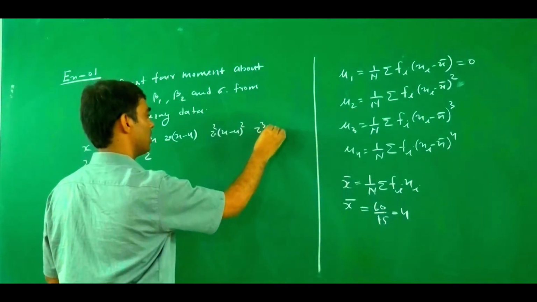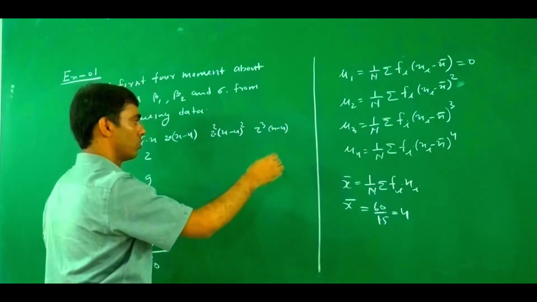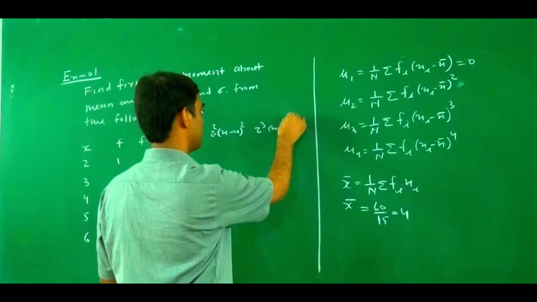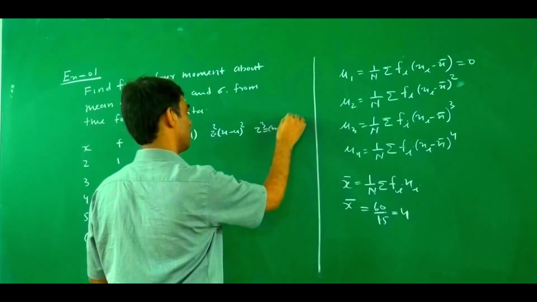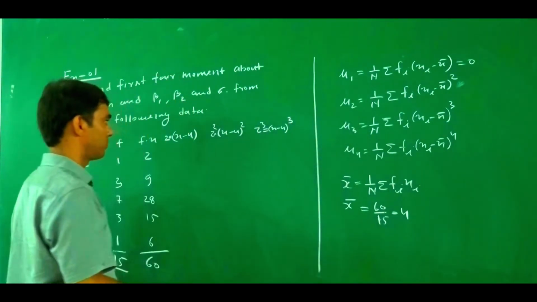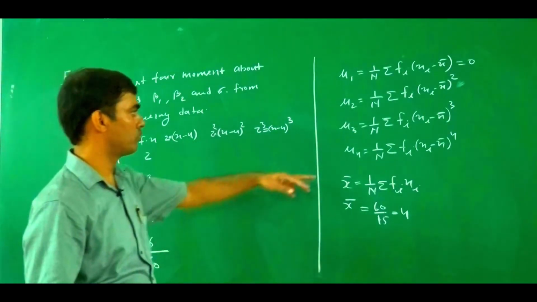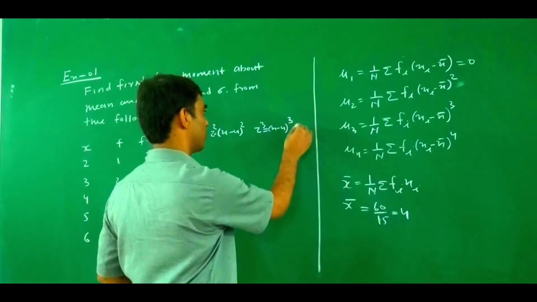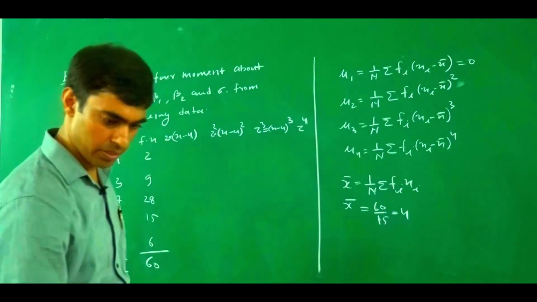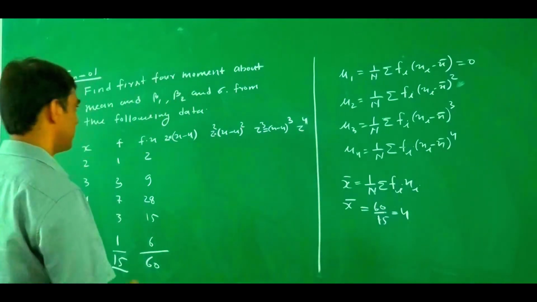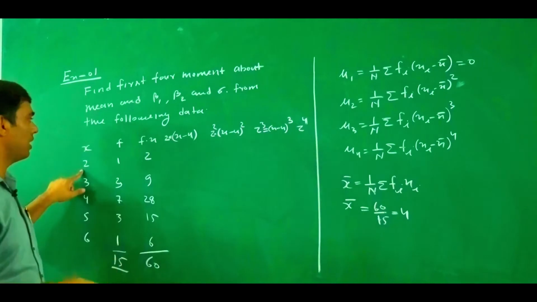Z cube equals x minus 4 whole cube. So here there is also a need to find out the value of z to power 4. So here we find z to power 4 also. So what is the value of z? Here we write the value of z, which means x minus